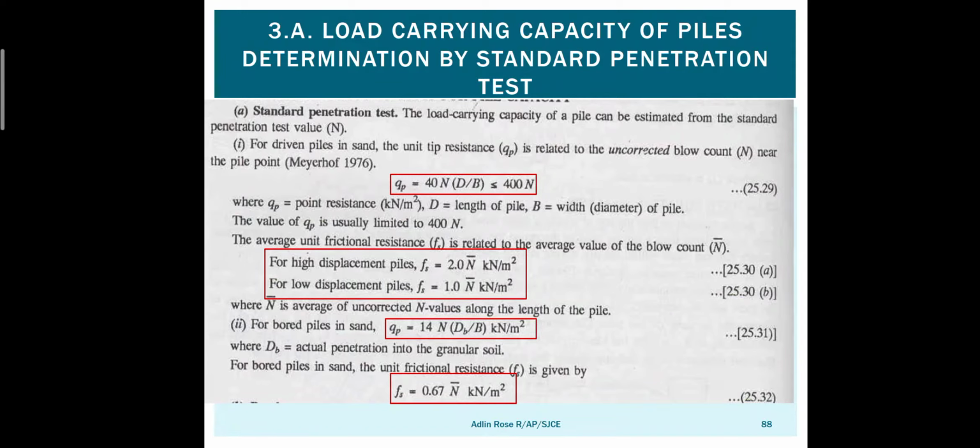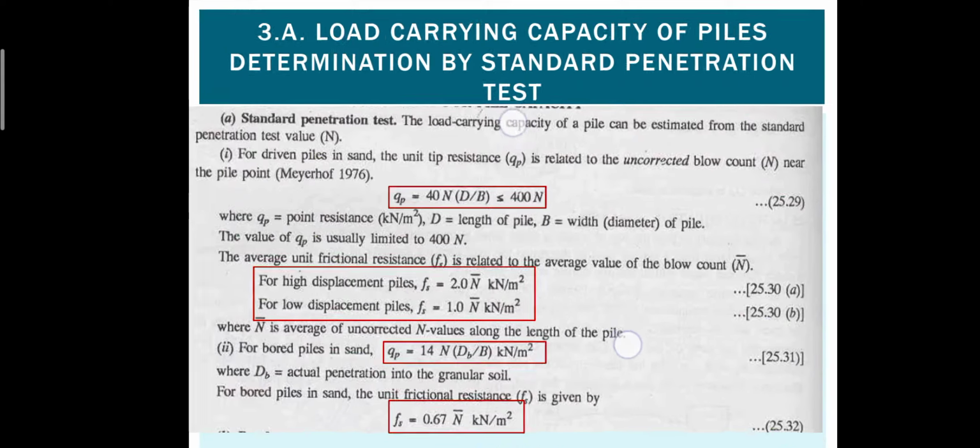Is we find the standard penetration number N. So we know that the formula is going to be QpAp plus fsAs, that is the static formula. In the static formula, we should substitute the values of small qp and fs. So we need those qp and fs formulas. For that, they have given formulas here.